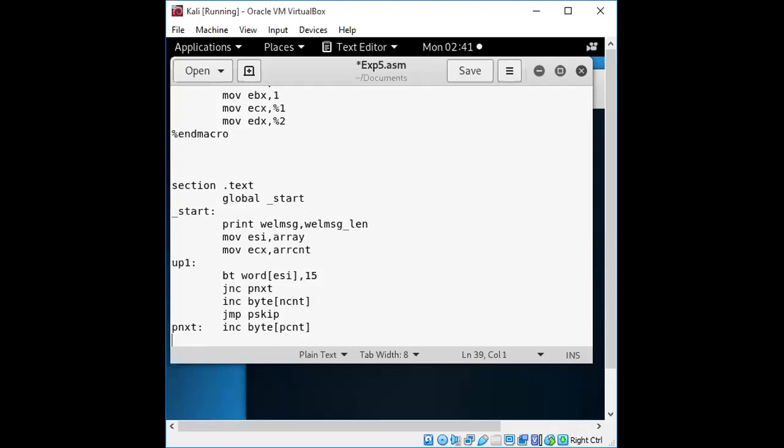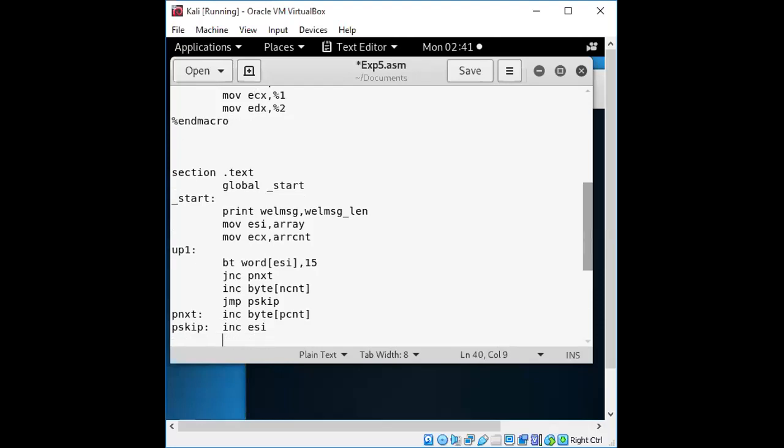If it is not, then it might be a negative value. So once it has been identified whether it is positive or negative, we need to get the new number, right? So we'll increment ESI, that is the next number. We need to identify whether it is positive or not, and it goes on continuing with this, right?